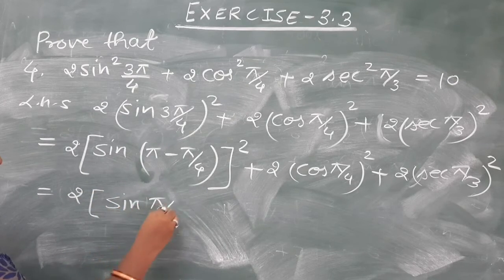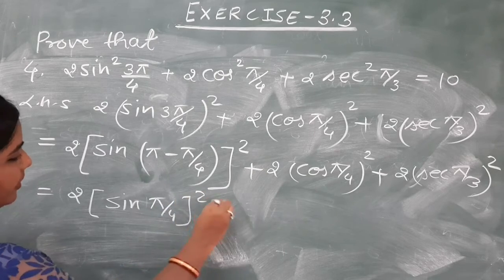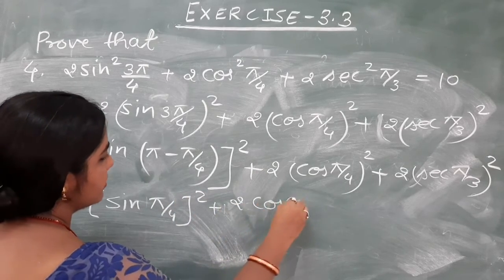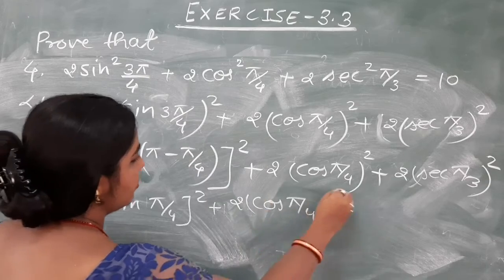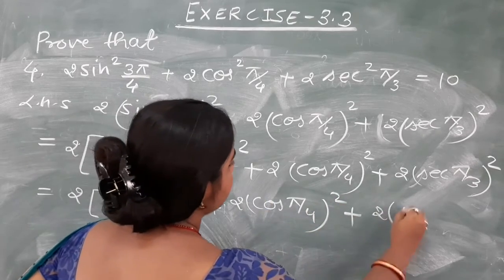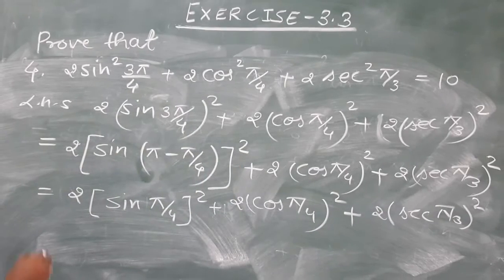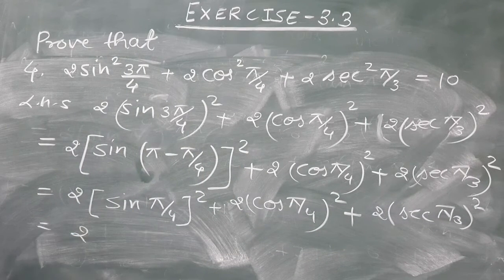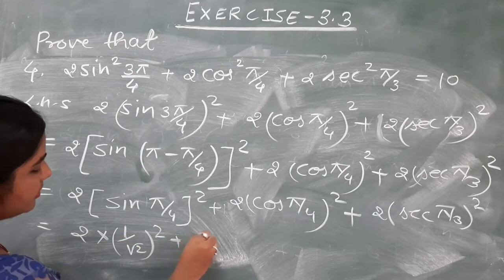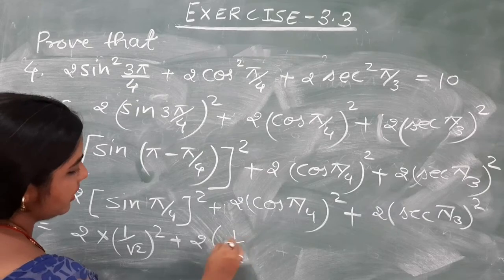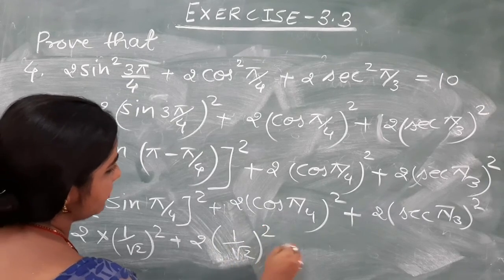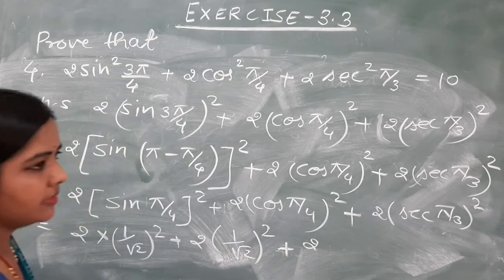So 2 sin of pi by 4 whole square, plus 2 cos pi by 4 whole square, plus 2 sec pi by 3 whole square. So sin pi by 4, that is 1 by root 2, plus 2 into 1 by root 2 whole square plus 2